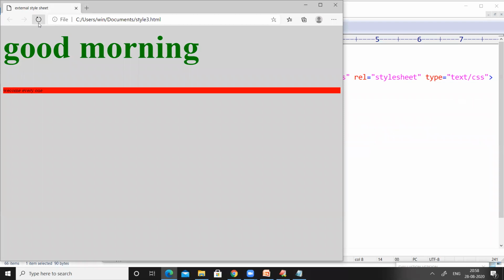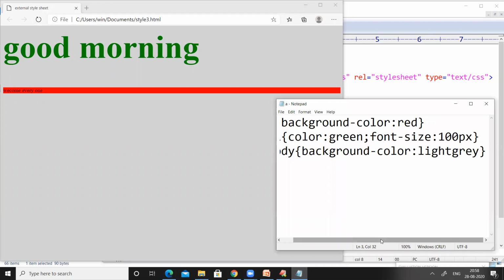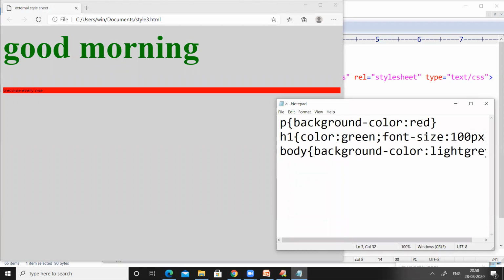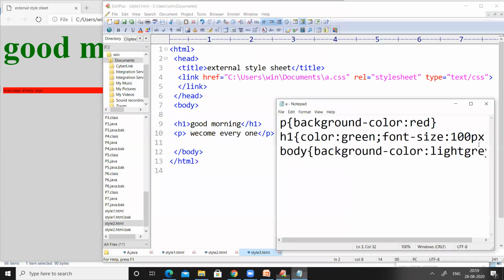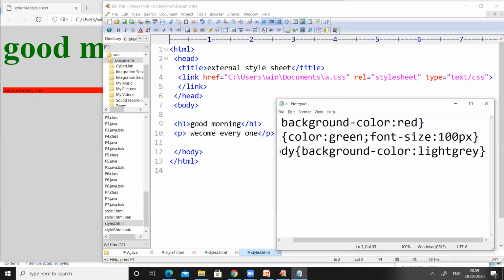If you observe what happened when we refreshed, the entire background color has been changed to light gray because we have used background-color as light gray for the body tag, right?